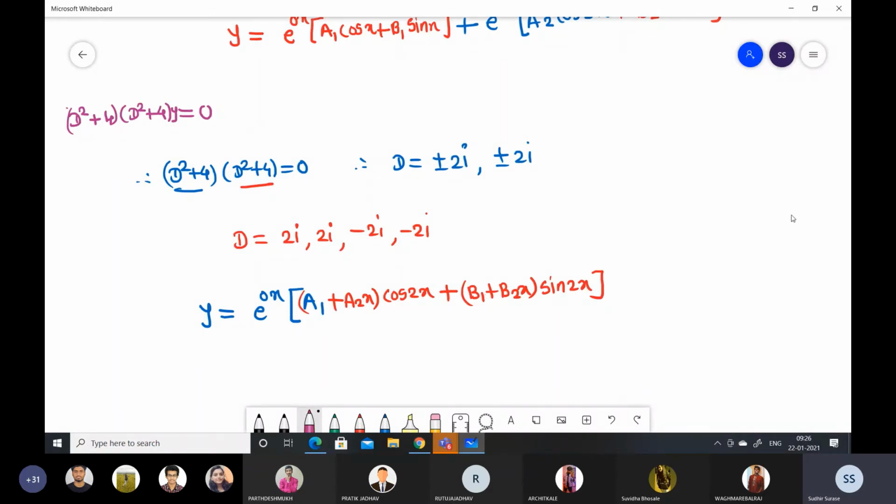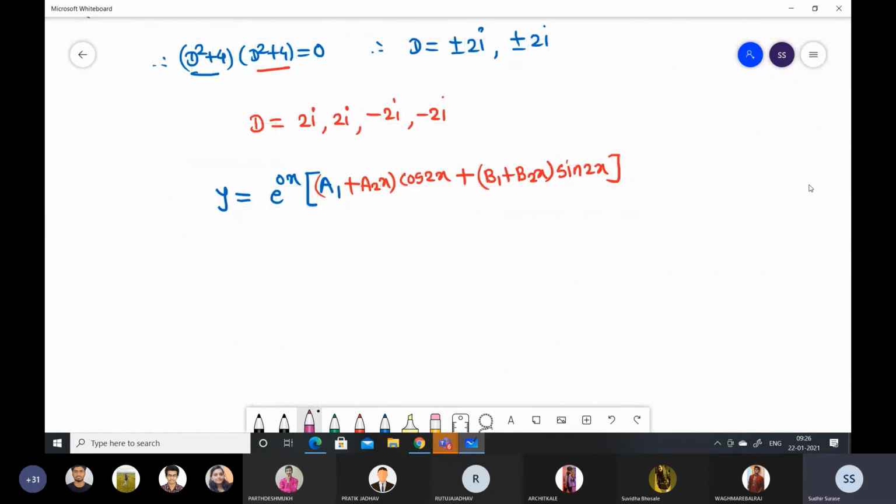Okay, now the next question is, this is fine that we came to know how to find the solution of a homogeneous differential equation, like this, phi of D y is equal to 0. Now what about if we have the right hand side as a non-zero function? So that we have to discuss. Consider phi of D times y is equal to f of x, a non-homogeneous differential equation, because on the right hand side we are taking f of x, which is a non-zero function of the variable x.